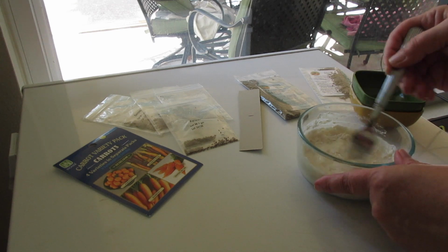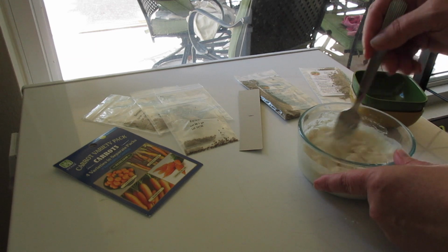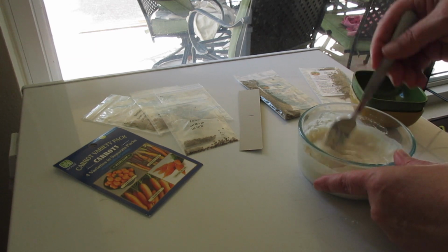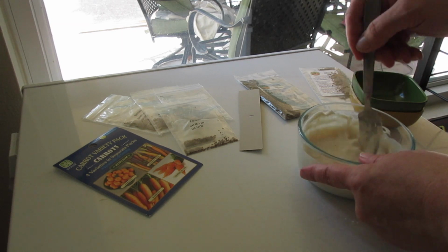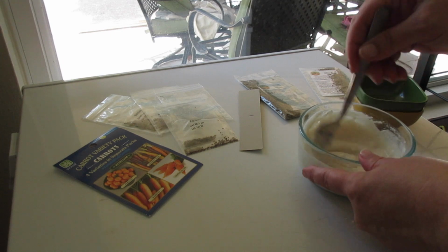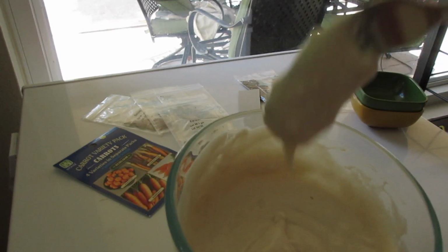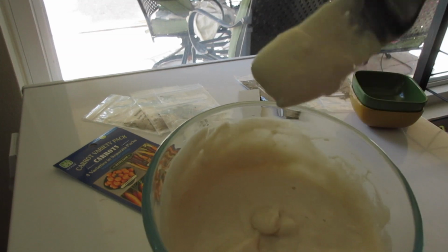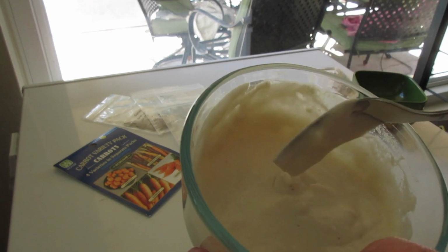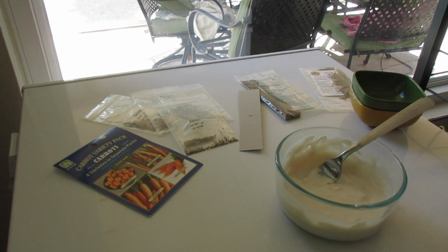I've seen experiments where they used glue, but I don't know what goes into glue so much. So I decided that a more natural approach would be to try the flour. Now this could probably use a lot more mixing if we were going to make something like a cake, maybe get the lumps out, but that's a really nice consistency. And here I just used about a third of a cup of flour and a third of a cup of water. So now I'm going to